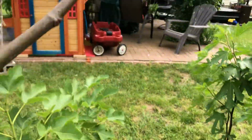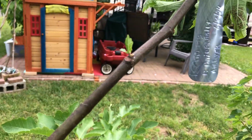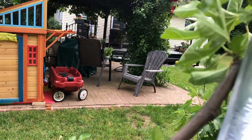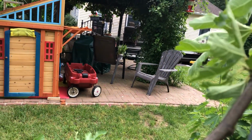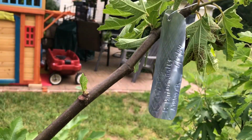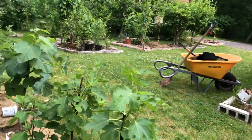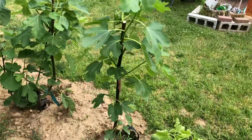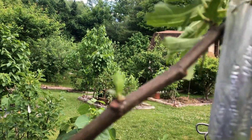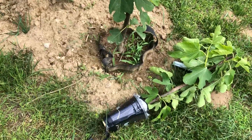And also another thing that I want you to see is that I've made tags for all my plants, metal tags, which I make out of soda bottles. That way you always have an identity of when you created the air layer, you know, keep a diary sort of. So this one is an Aishia fig, and this other one that I have over here is,